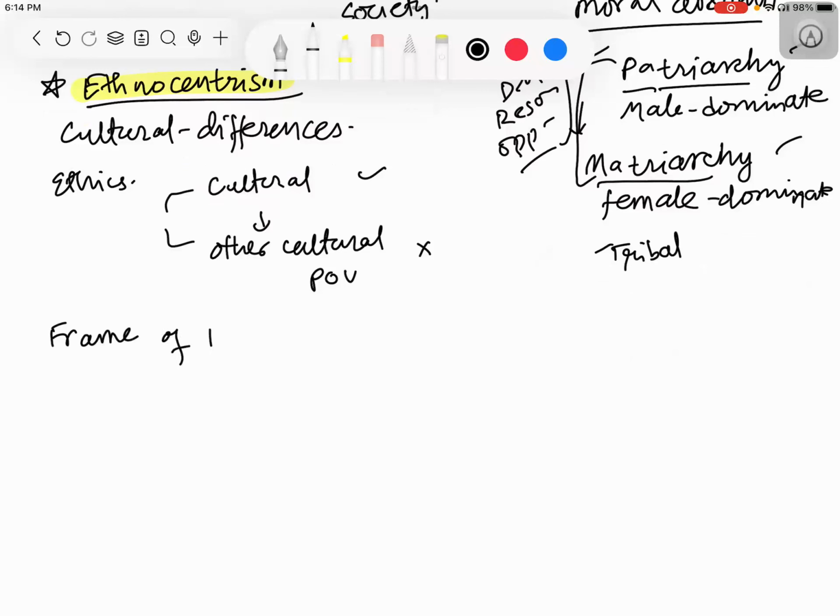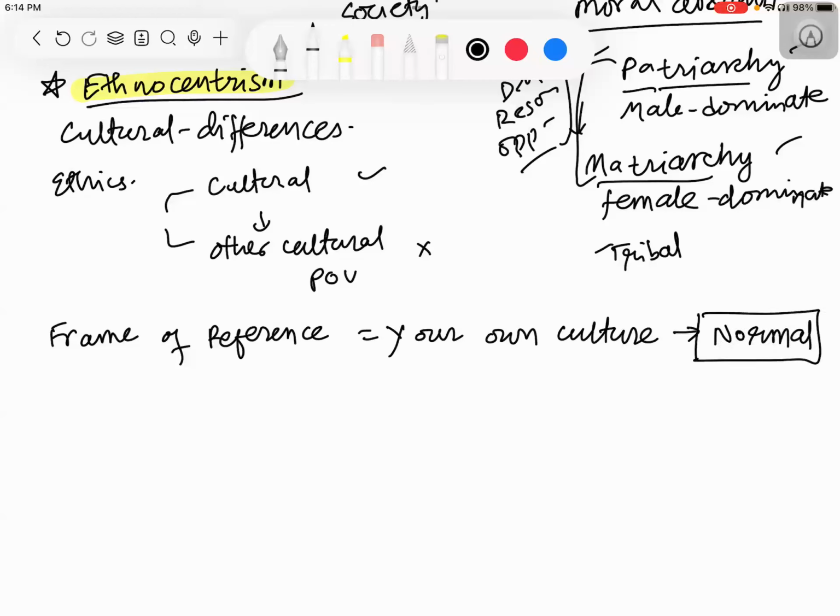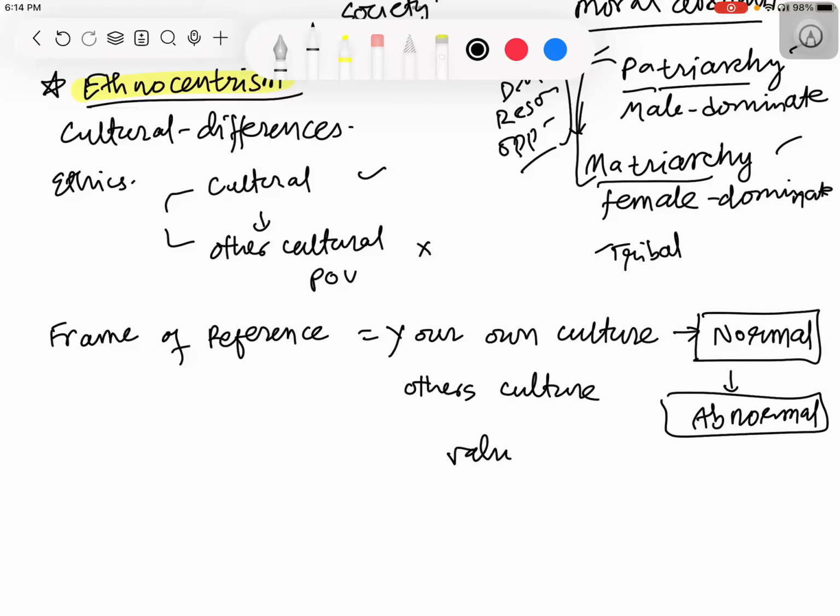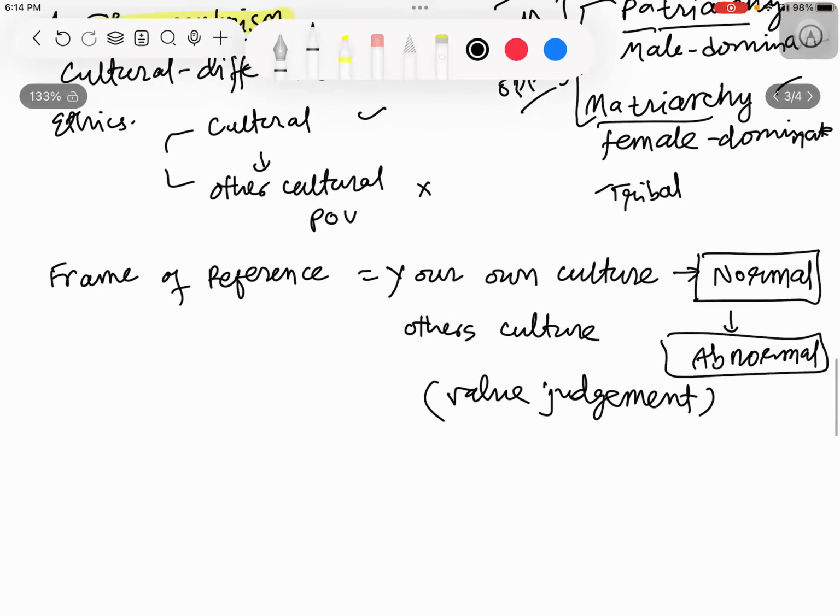So frame of reference, which is your own culture. Okay. So ଯେତେବେଳେ ଆମର frame of reference ଆମର own culture ହେଇଯାଏ and ଏଇଟାକୁ ଆମେ normal ବୋଲି ଆମେ ତାକୁ ଆଖ୍ୟା ଦଉ, ଆମେ କହୁ କି ଏଇଟା ହିଁ normal, ତେଣୁ ଅନ୍ୟ ମାନଙ୍କର other culture ଟା ହେଲା abnormal। ଏଇ ଯୋଉ judgment ଟା ଆମେ କଲୁ value judgment, this is a value judgment, this value judgment is known as ethnocentrism। So what this means, let me give you an example। Suppose